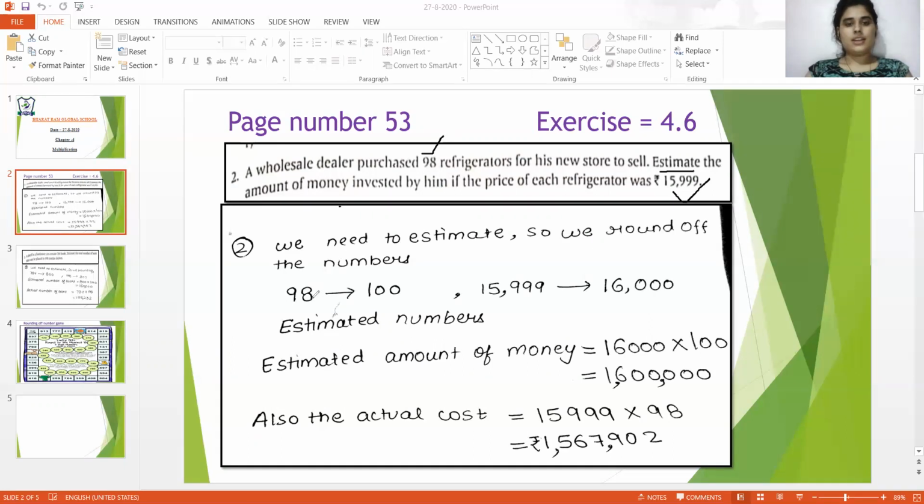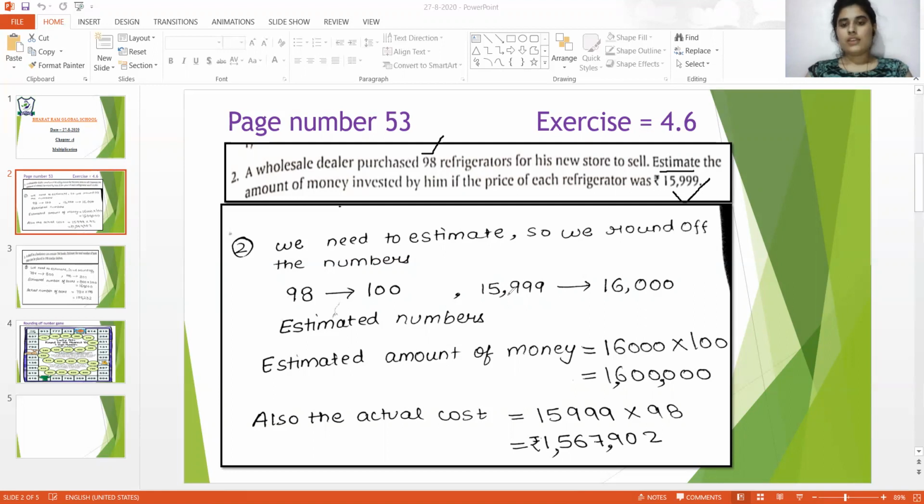Let's write 98 first. If we round off 98, then it will become 100. How? This is the ones place, this is the tens place. So we have to round off this number to the tens place. If we round off 98, it will become 100 because 98 is very much closer to 100. Now let's round off